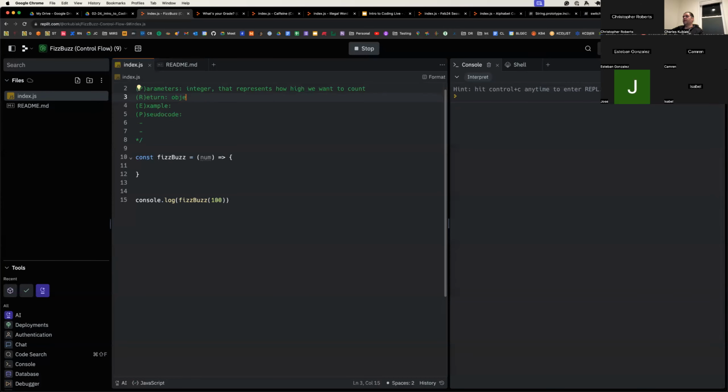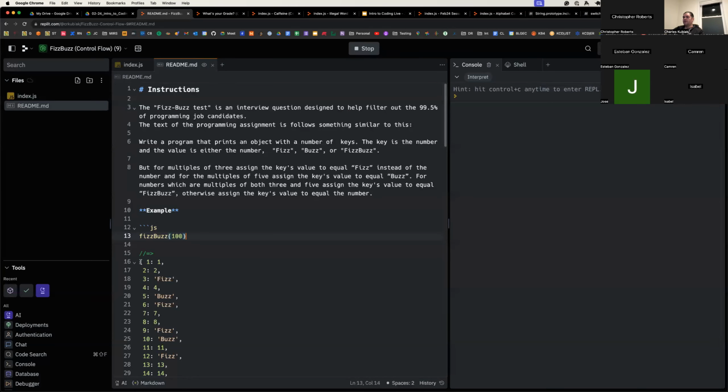A return is going to be an object that contains the key value pairs of numbers, fizzes, buzzes, and FizzBuzzes. All right, so for the example, we'll say see below, and I will grab just a chunk of this